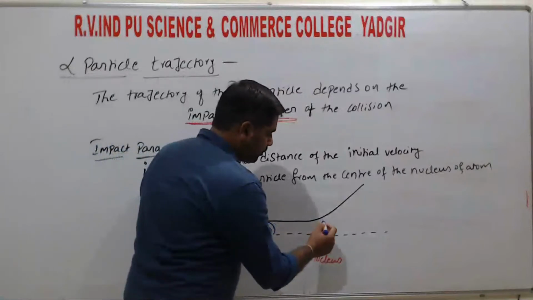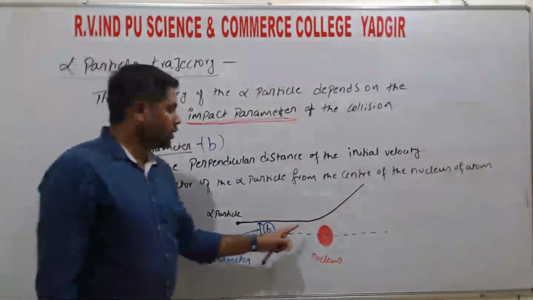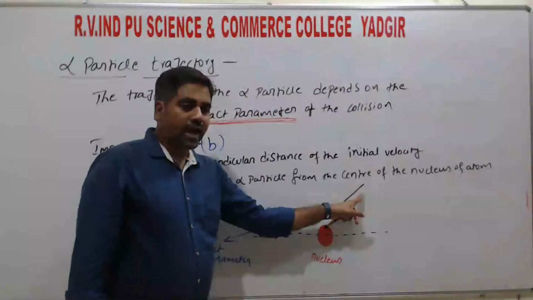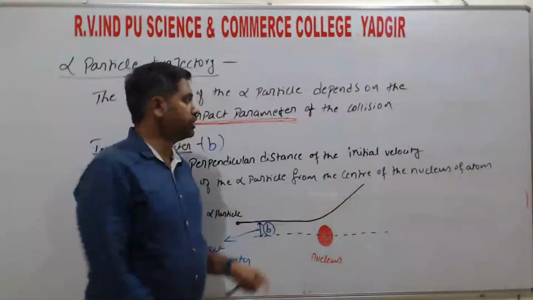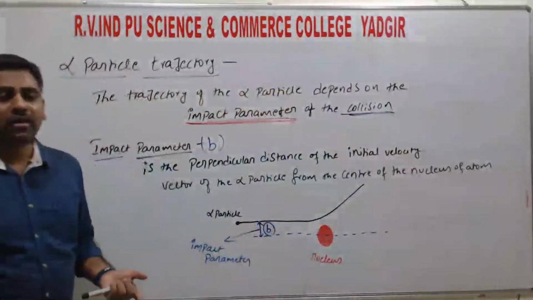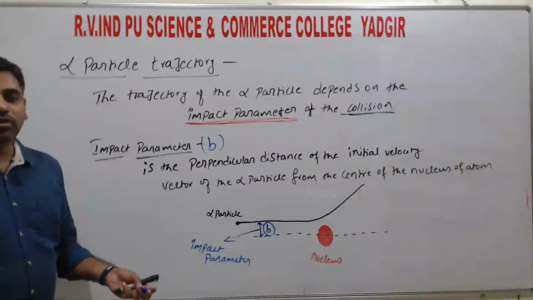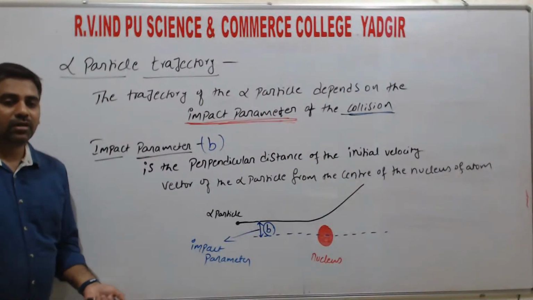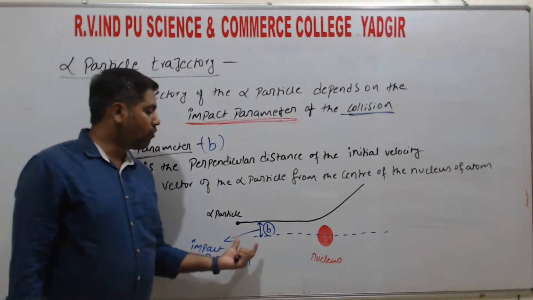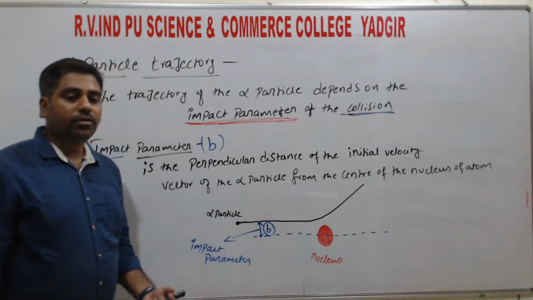So here as it approaches towards the nucleus, it gets scattered, that is during collision. So this one is important. As already studied in class 11, there are different types of collision, that is oblique collision, head-on collision, right? So here if the alpha particle collides head-on with the nucleus,